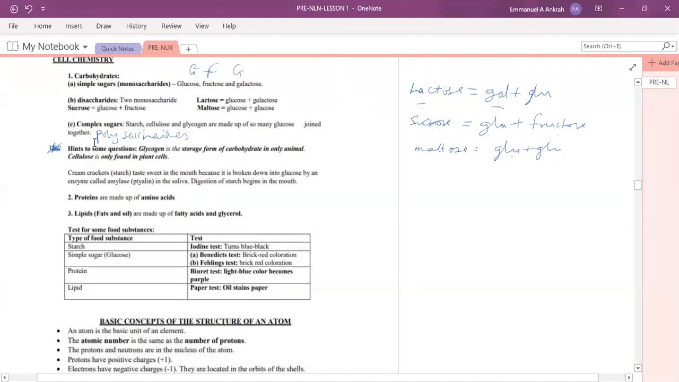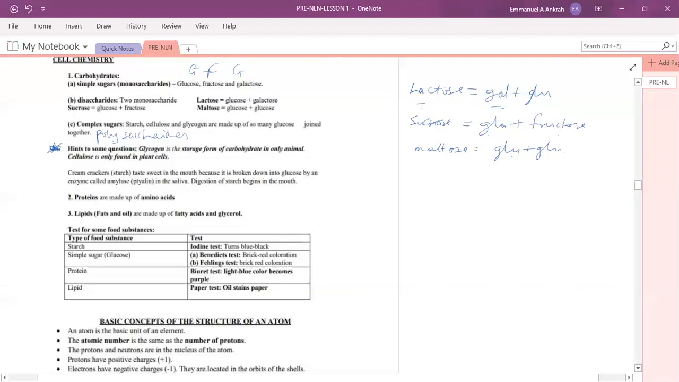Okay, glycogen, only animals; cellulose, only plants. And then I put an example of a question that they ask here, about the cream cracker. The question goes this way: somebody chews a cream cracker slowly. After some time, it begins to taste sweet in the mouth. Then they ask you,